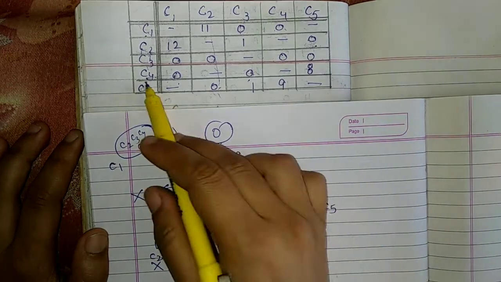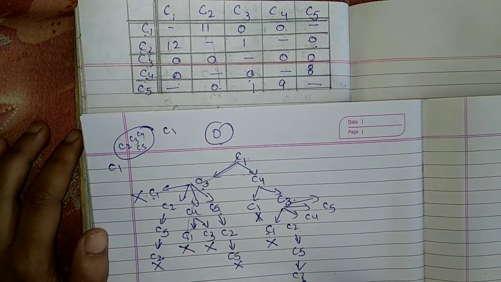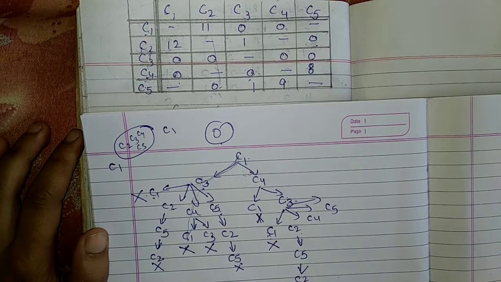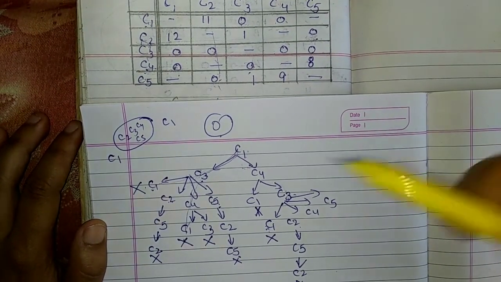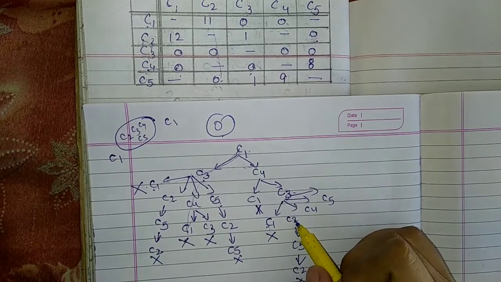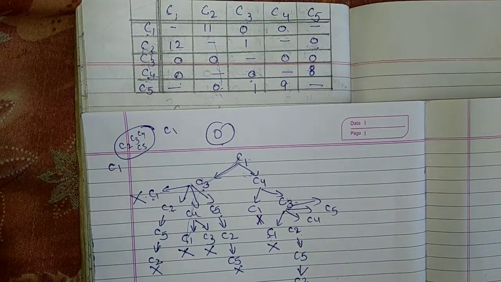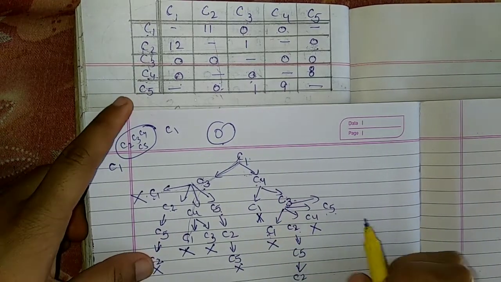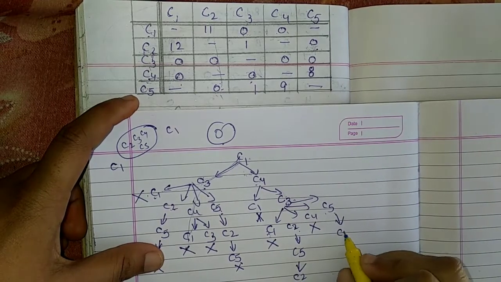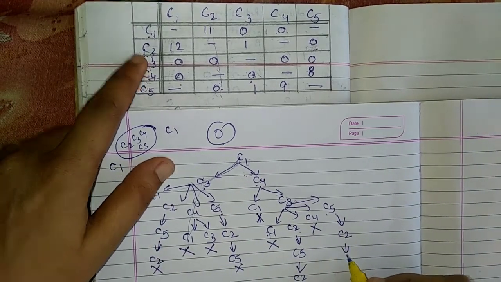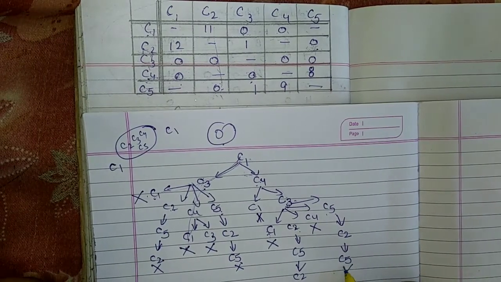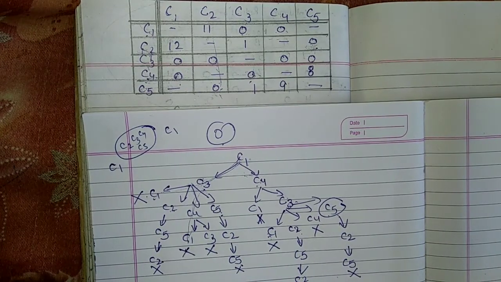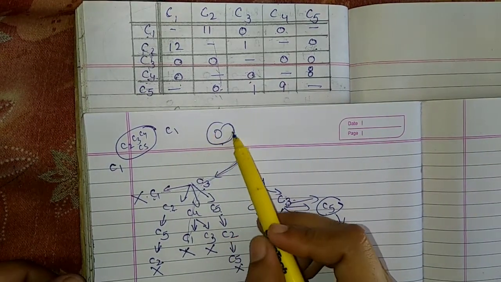C5, there is only 1 zero at C2. This is an unfavorable path because the salesman already covers C2 here. Now C4 is again unfavorable because the salesman already covered C4 here. C5, there is only 1 zero at C2. C2, there is only 1 zero at C5. This is also unfavorable because C5 is already covered here. Now you can see that we can only consider 0.